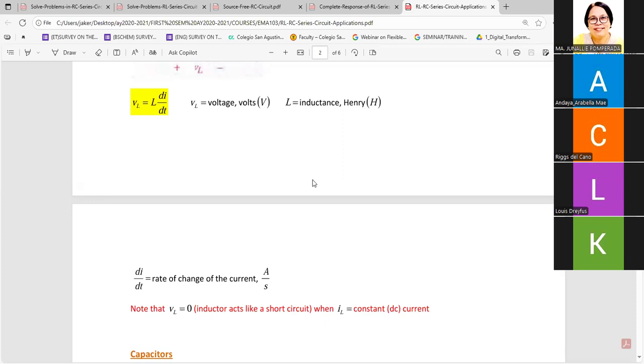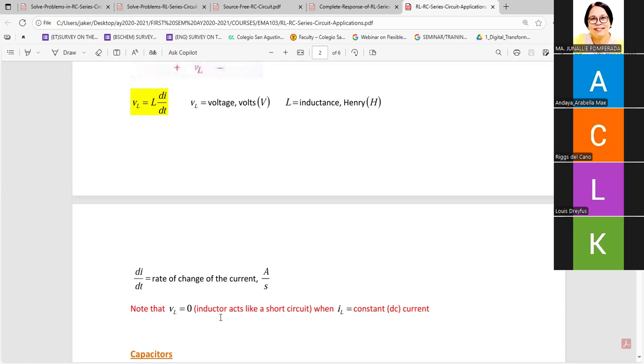So there is going to be no change here on the di/dt, or there's no change in the current over time when your circuit is a constant current circuit, and that's the DC circuit. So this particular expression for the voltage drop across the inductor will only have a quantifiable value if your circuit is an AC circuit, and if the circuit is a short circuit or it's a DC circuit, there's no value for such. So the value is zero.